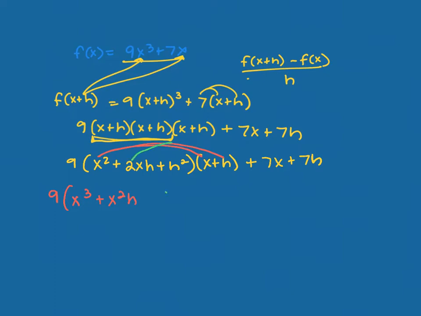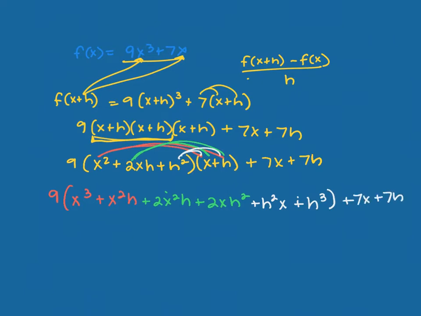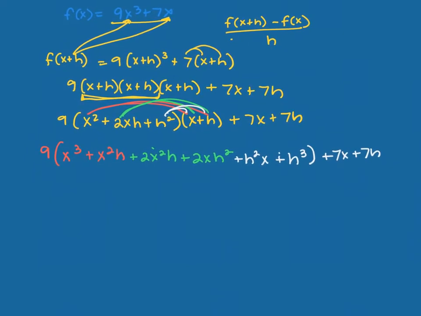Then the 2xh is going to both. So plus 2x squared h plus 2xh squared. And then the h squared is going to both, plus h squared x plus h to the third. Plus 7x plus 7h. When you look at what's inside the parentheses, you want to see if there's any like